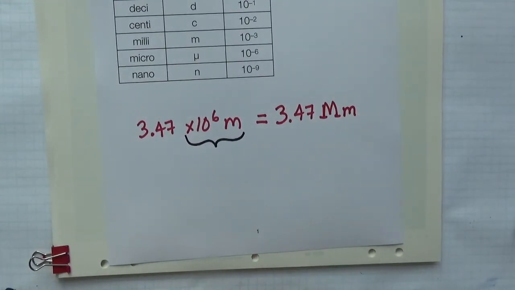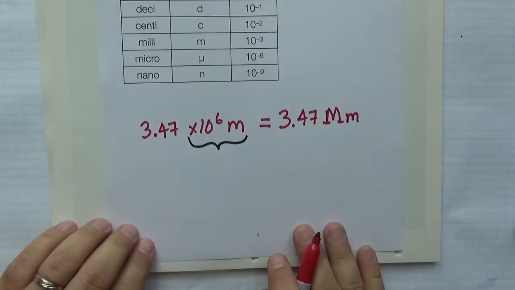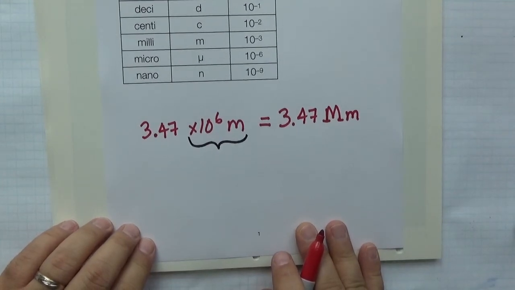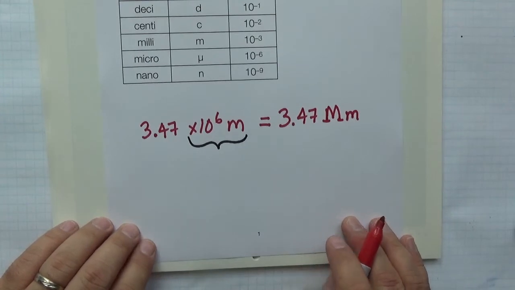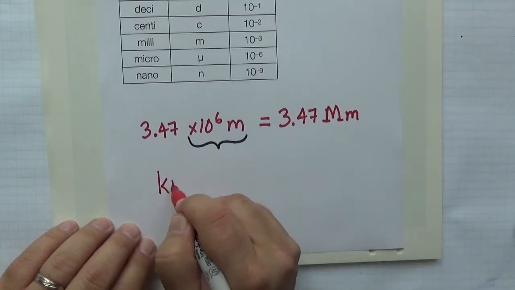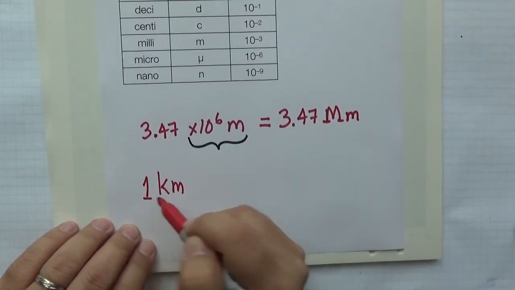Now, I will point out that you are already using this, though maybe you aren't used to it. The typical distance that we report on the highway in a mile is usually converted into kilometers. 1 kilometer,